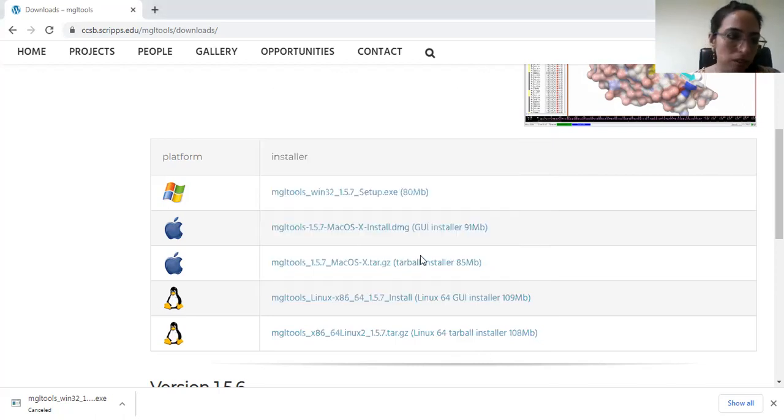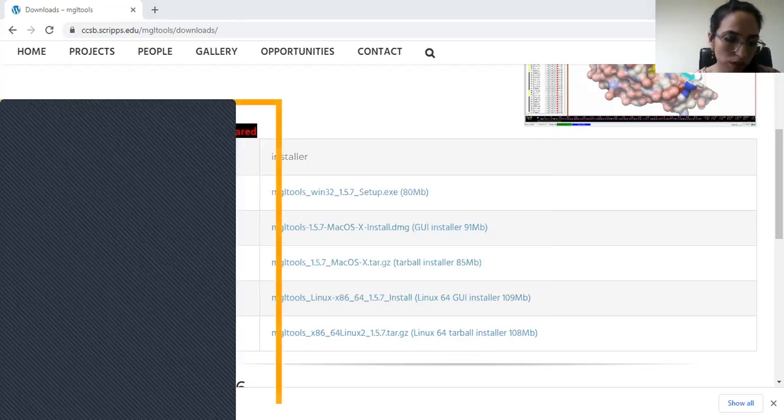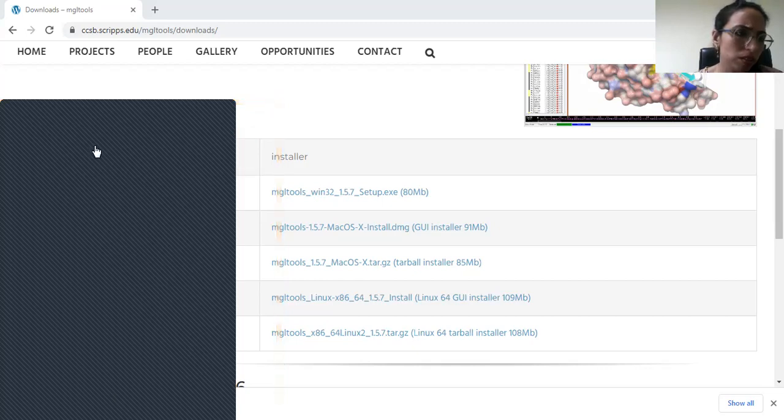After installing, it looks like this. I want to show you this, and in the next video I would like to tell you how to perform the docking study with the help of this. Okay, I will install it again.